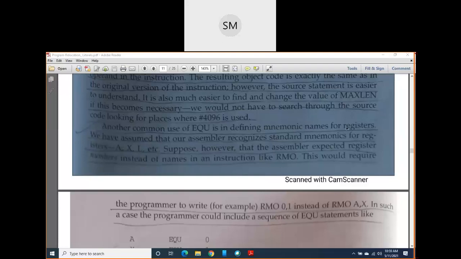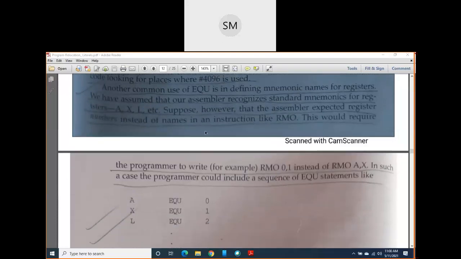To define these mnemonic names of registers also, we can use this equate. Defining, as I just told you, is nothing but inserting the symbol into a symbol table or a data structure, and also assigning some value to these symbols. Similarly here also we are going to keep on inserting all the registers we come across in our program. Then we are also assigning the values of those registers, and we are inserting those values also in our symbol table. For that also equate is useful.